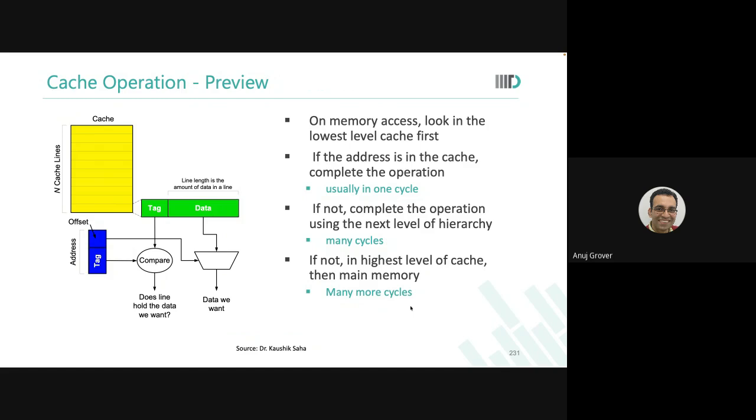I'm jumping ahead. Those of you who watched the lecture, you realize I'm jumping ahead. Why and how will this be the case? If some other process creates the value in, let's say, L2 cache, then it needs to be updated in the L1 cache. So we need cache coherence in that case.